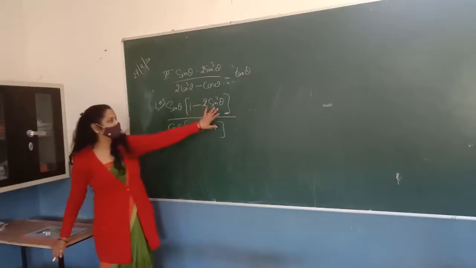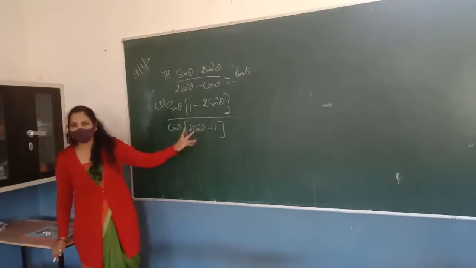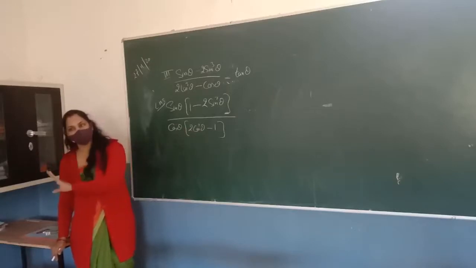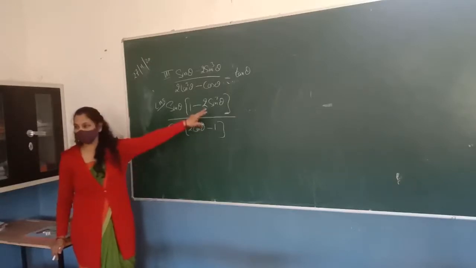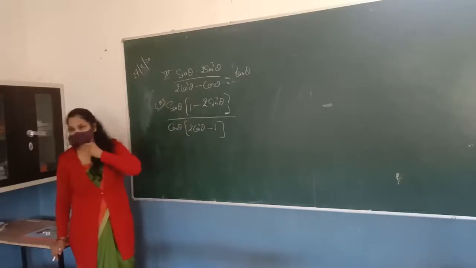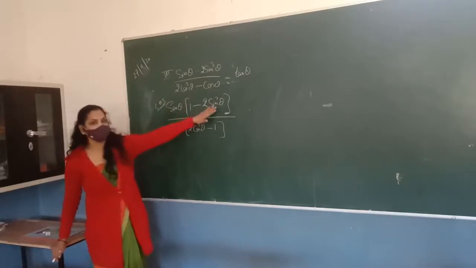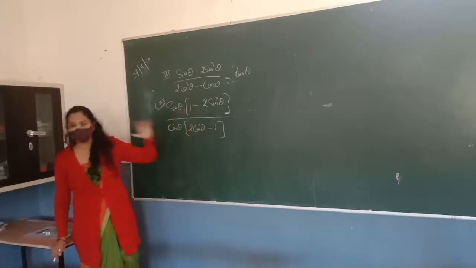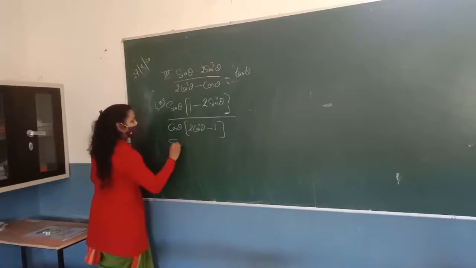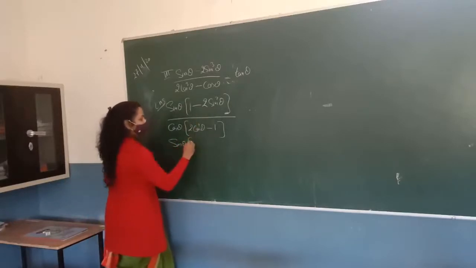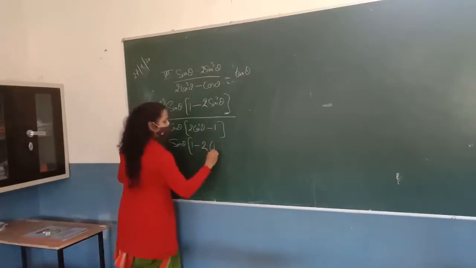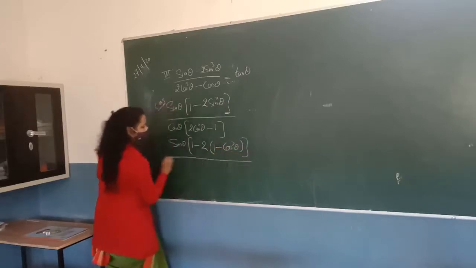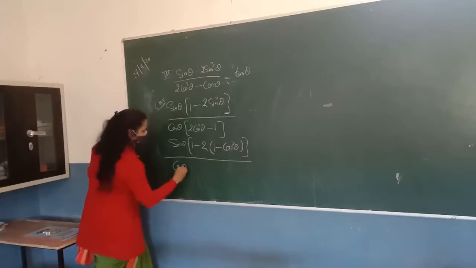Can you convert sin square theta into cos square theta? Yes, you can convert it by the first identity. It is sin square theta plus cos square theta is equal to 1. We know that. So in place of sin square theta, we can write 1 minus cos square theta, so that we can convert this value in the form of cos. With cos on both sides, there is a possibility that it cancels out. So we write sin theta, and in place of sin square theta, we will write 1 minus cos square theta, upon cos theta